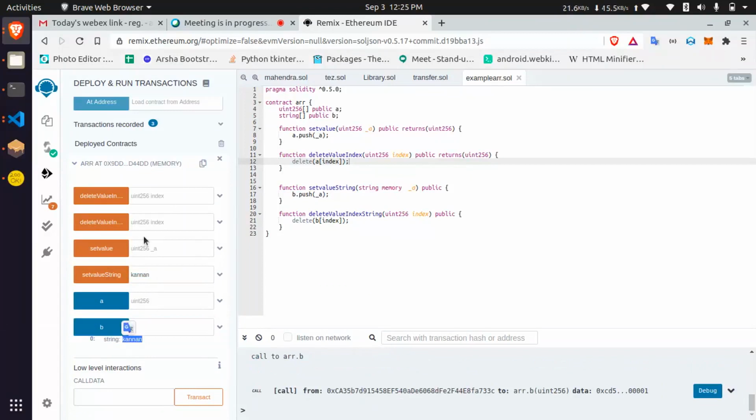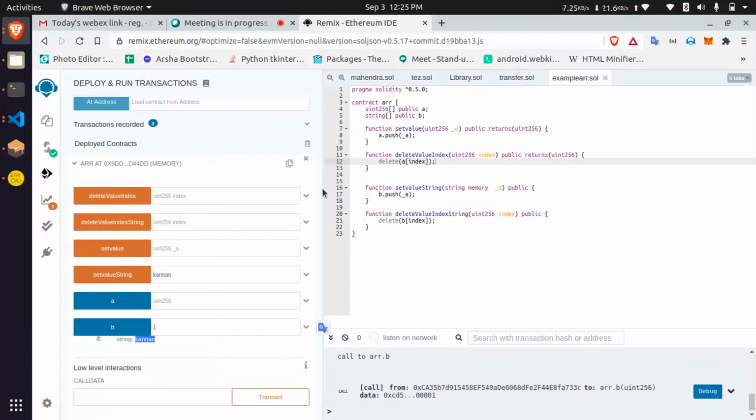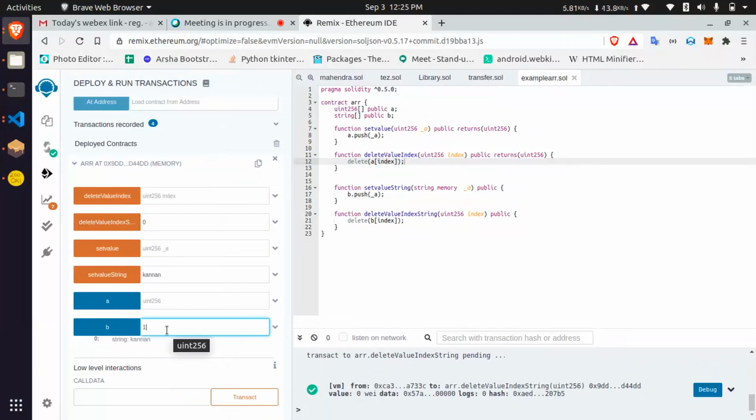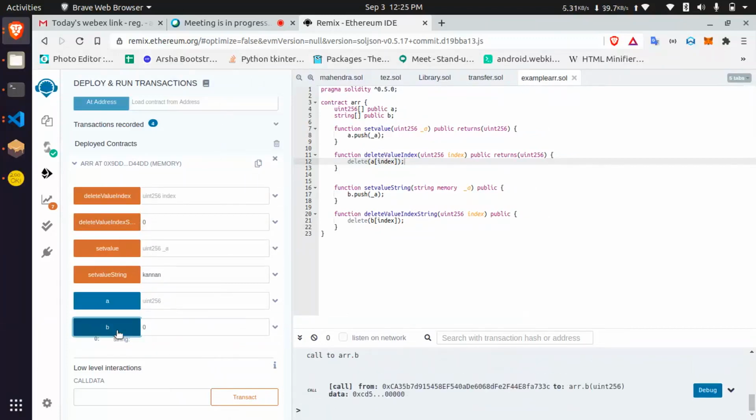I'm going to delete that. Delete the value string index. I'm going to delete Arun. Okay, just entered. I'm entering 0. It will be empty, right? Based on your data type, it will be empty or null or 0. It will be placed when you are deleting.